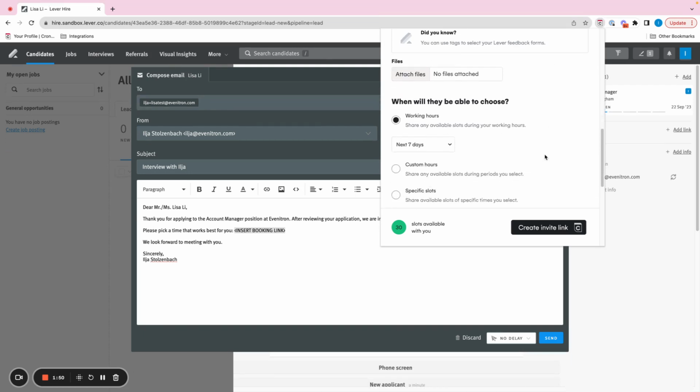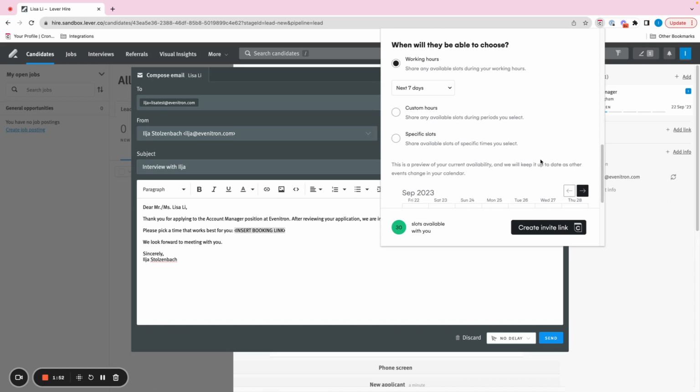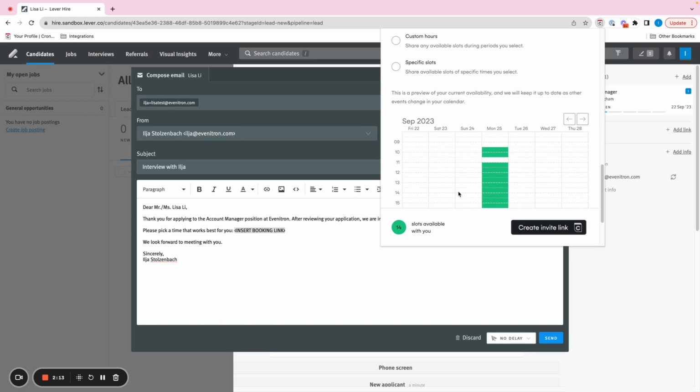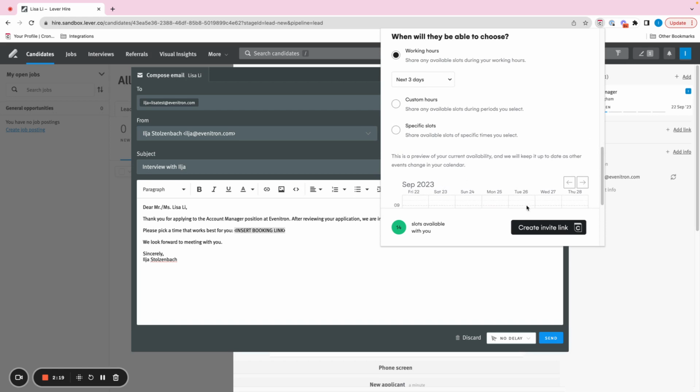And the other thing that you will have to look at is how you want to share availability. So there's three different ways. The one we recommend is working hours, because this gives the most availability to a candidate. Now, let's say you want to have this screening call and offer slots in the next 3 days that are available. What we do is take your working hours from 9 to 5 and look at which slots in those working hours are free in your calendar,